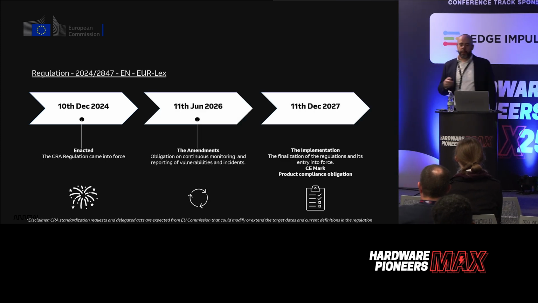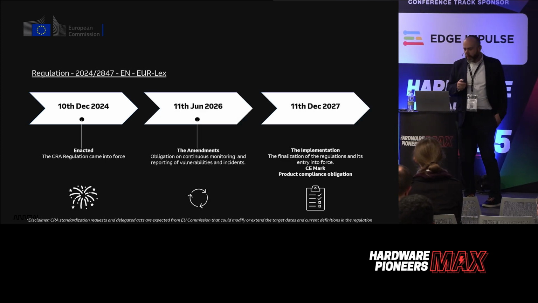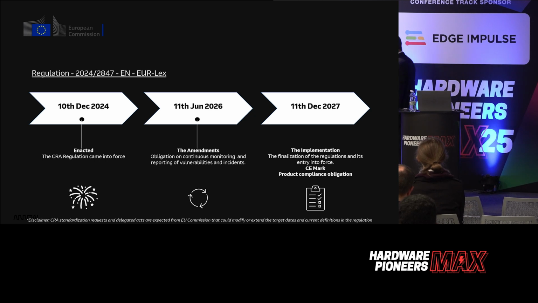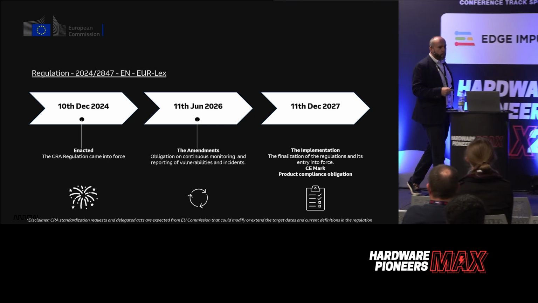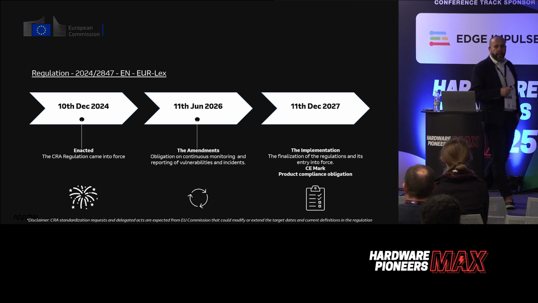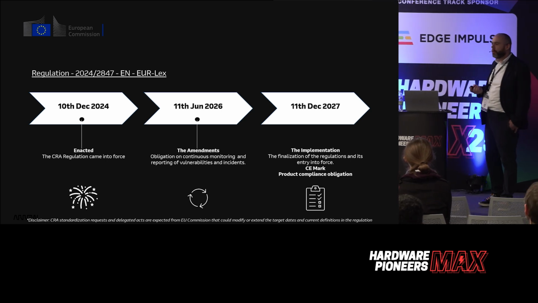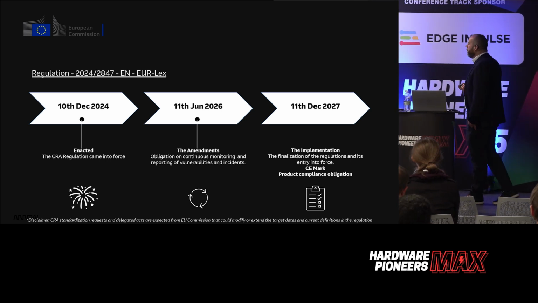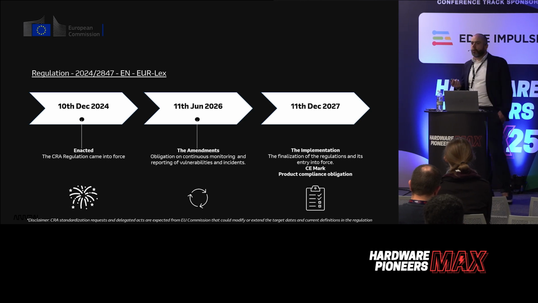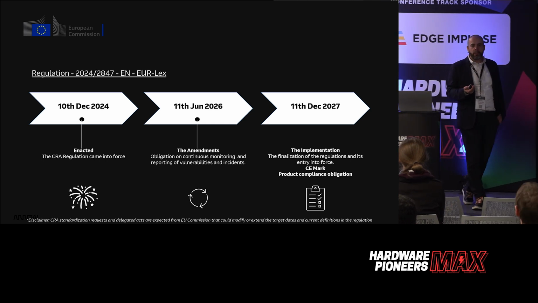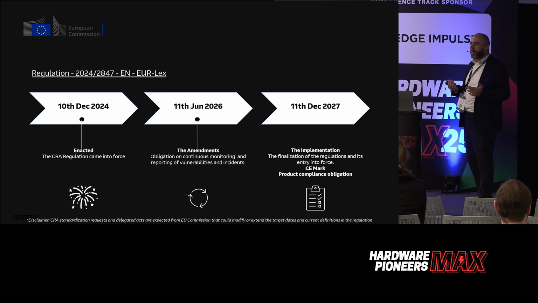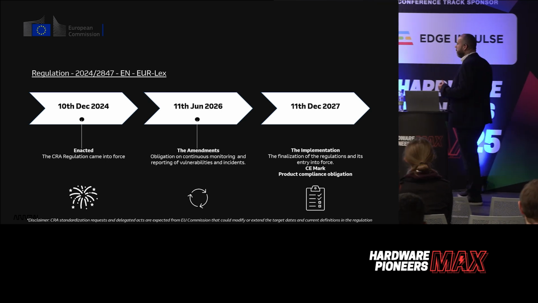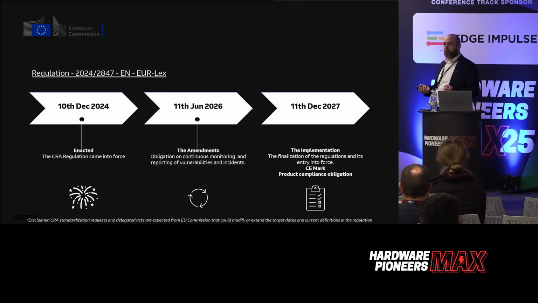Okay, so this is the timeline. And you can see that this is pretty much next year from where we sit today. And then the 11th of December is the year after that. So in total, we now have less than 2 years, like 18 months to sort this out. So as an electronics industry, we have 18 months to solve the CRA problem.